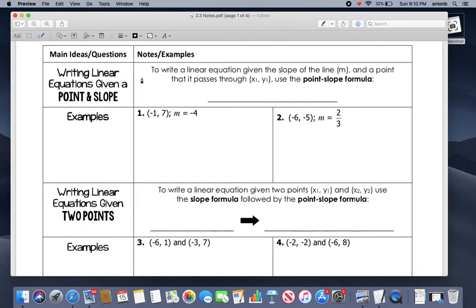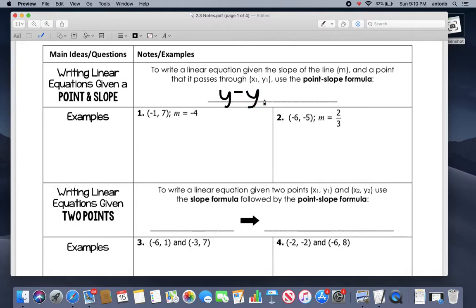Alright guys, today we are going to talk about section 2.3, which is writing equations given a point and a slope. So far we know standard form, which we're going to see again today, and slope-intercept form, but this time we're going to start with point-slope form. Hopefully you've seen this. If not,